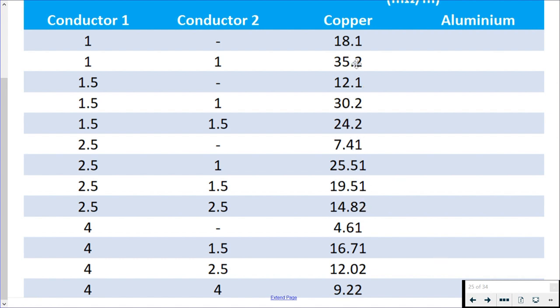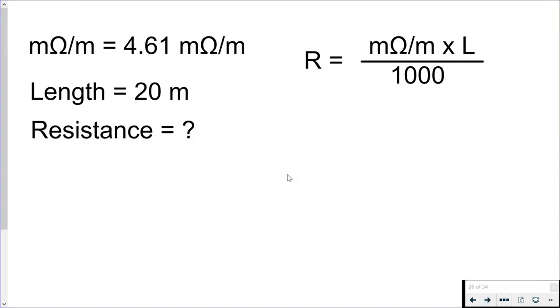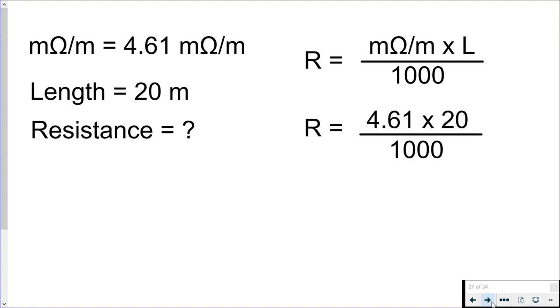So in your table this one will say 18.10 milliohms per meter. So there's just a slight discrepancy between them, but not a massive variation. So 4.61 and 20 meters. Take that information, plug it into our calculation. So 4.61 times 20 divided by 1000 gives us